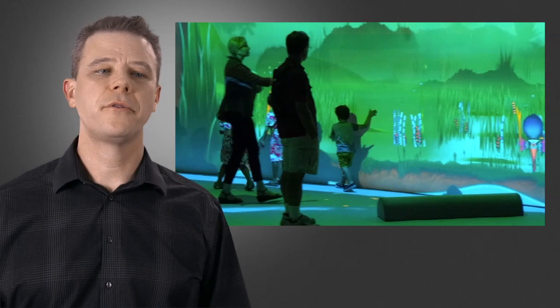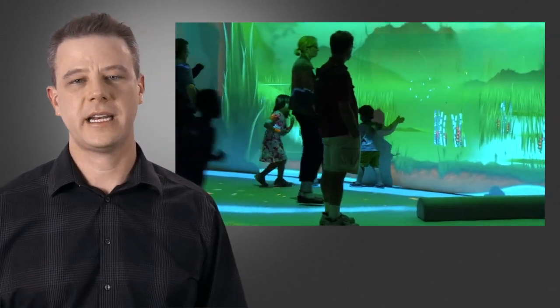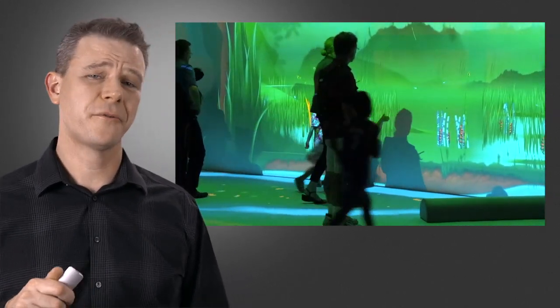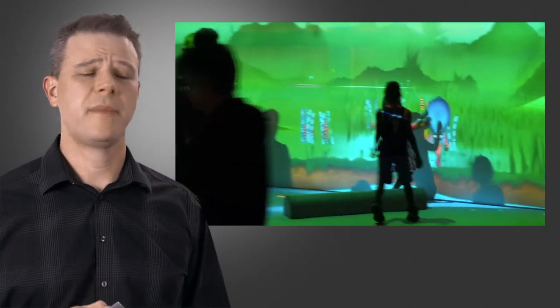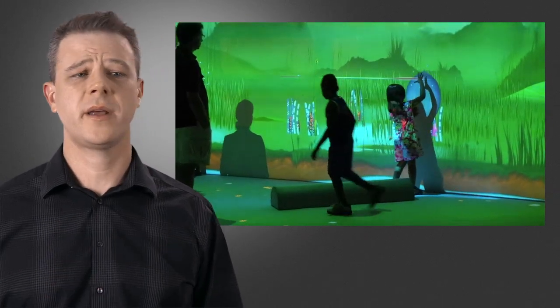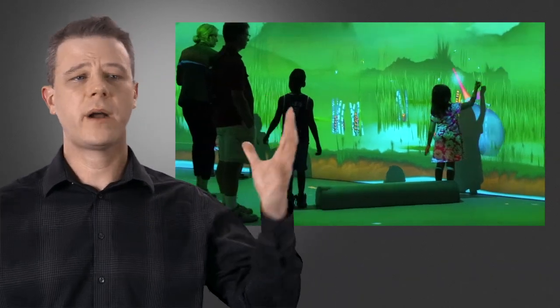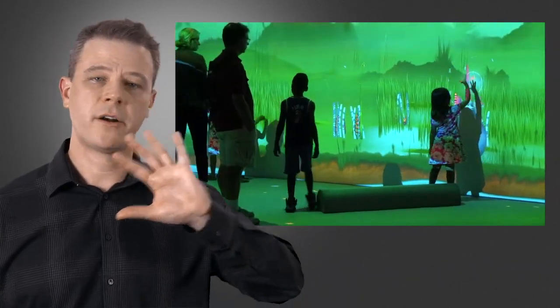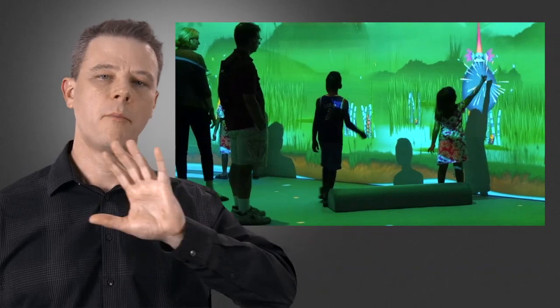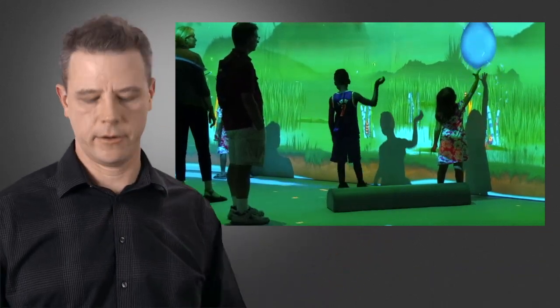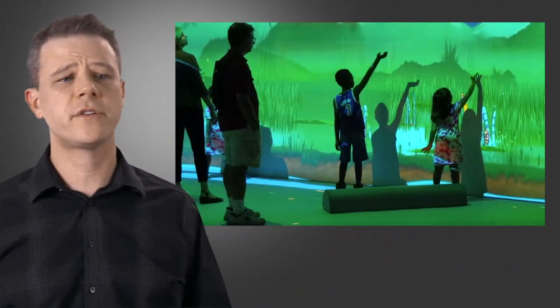The next one I'll show you is even more on the technology side. So it gets risky here when you start pouring in the technology to make it work right. But in this case, this is a beautiful exhibit in the New York Hall of Science. And so what this is a full wraparound screen with I don't even know how many Kinect cameras and projectors, but kids get to experience a variety of biomes. And as they walk around, they see creatures interacting with the environment, and kids get to introduce rain or grow a tree or chop down trees.